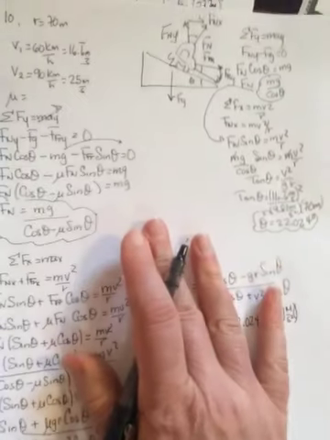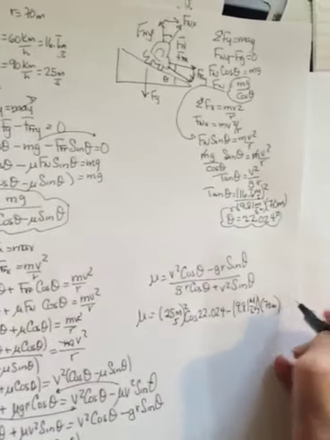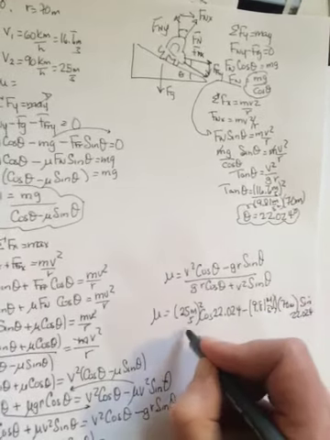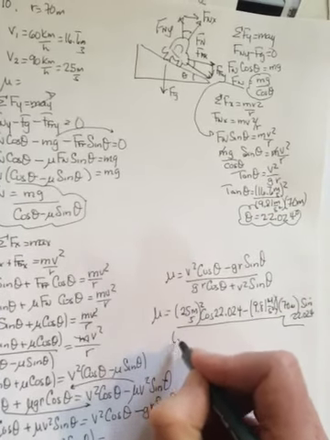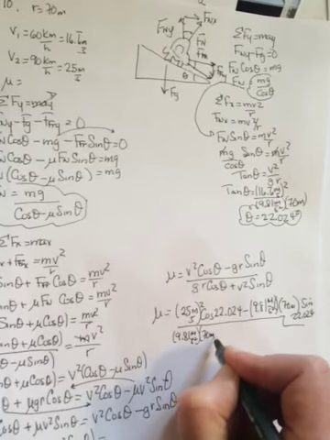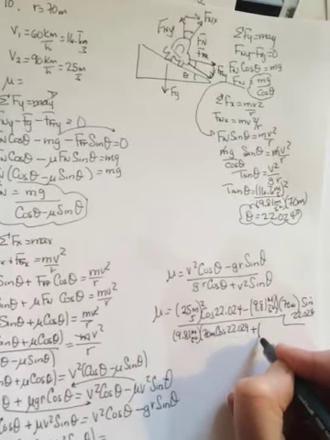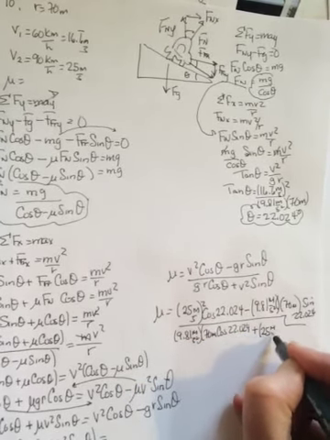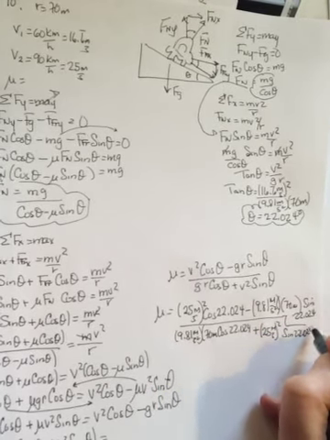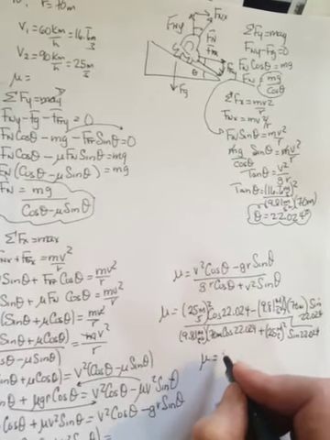The radius was 70 meters times the sine of 22.024, divided by 9.81 meters per second squared, 70 meters, cos of 22.024 plus 25 meters per second squared, sine of 22.024. Carefully type this into your calculator, and when you do, you should get